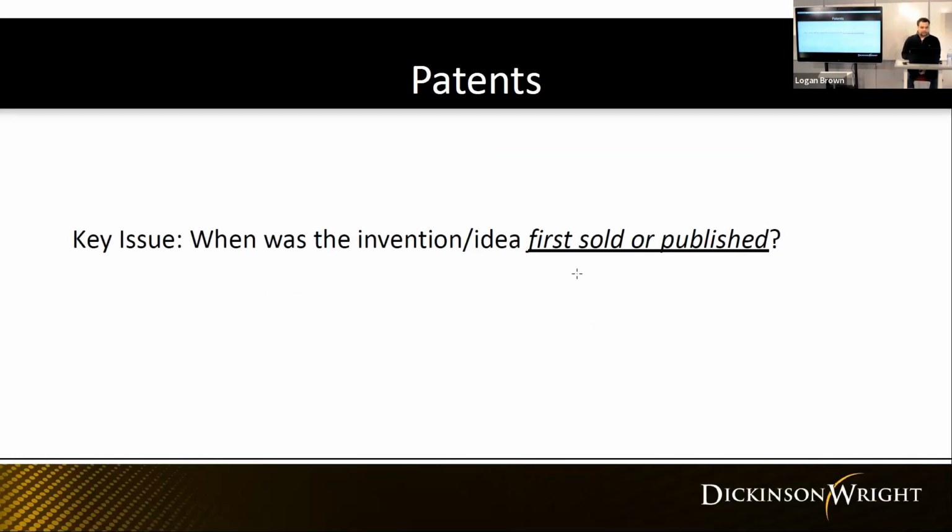I already kind of covered this key issue. When was the invention or the idea first sold or published? You definitely want to always keep that in mind because, again, that triggers a 1 year time frame for you to initiate the process of securing patent rights with a registration for the USPTO. And the USPTO in the United States is the only source of patent rights. This isn't something that you can satisfy on the state level. You have to go through the federal government,